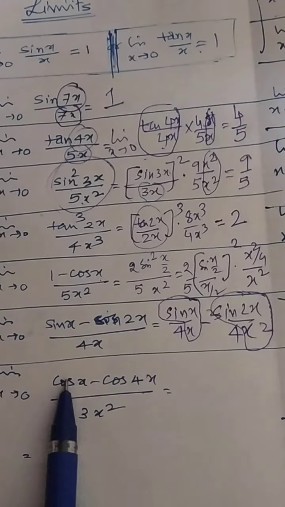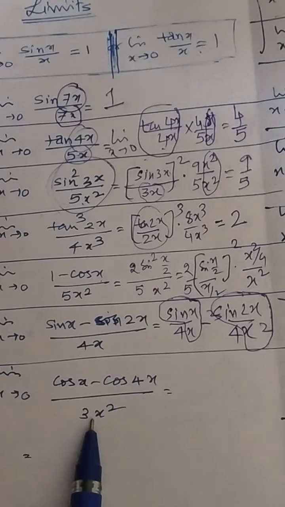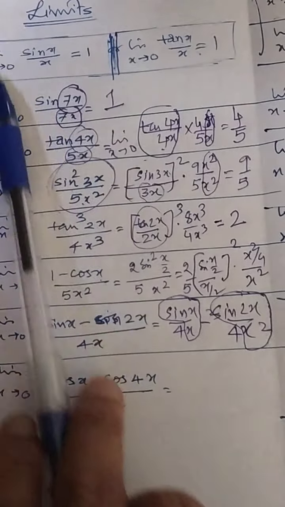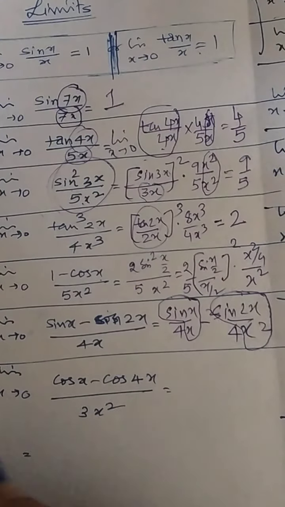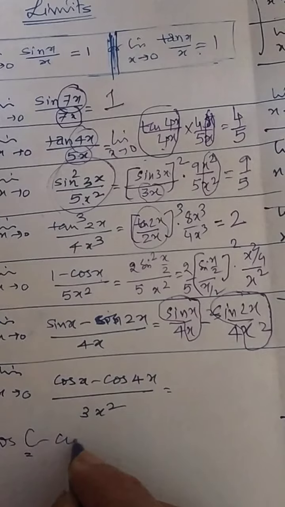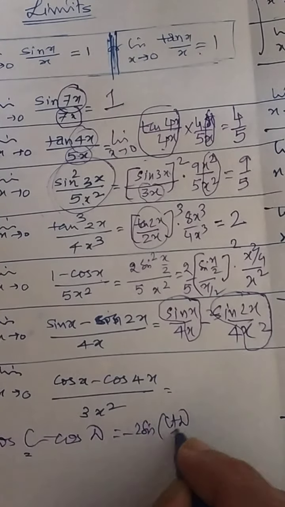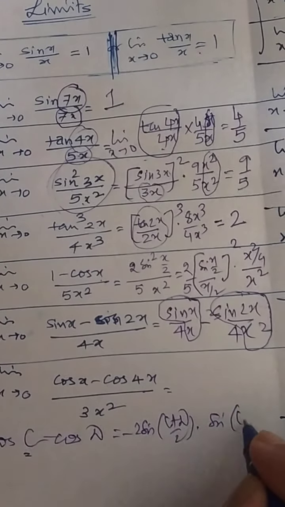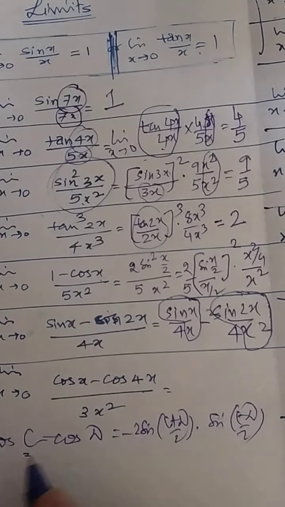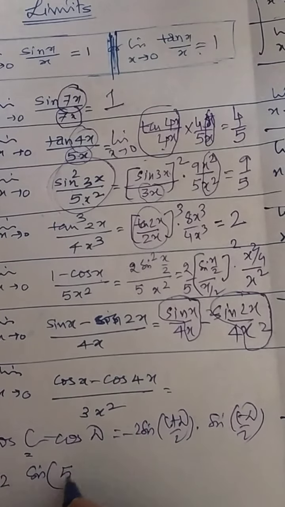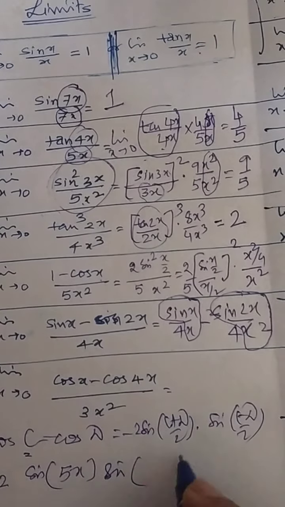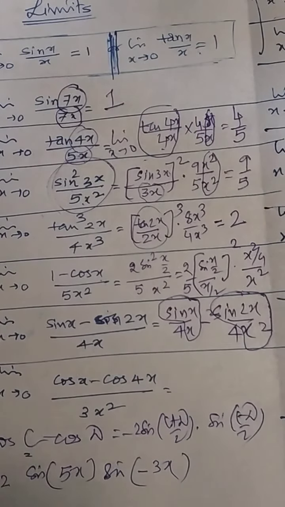Now in this question, you cannot separate this by this, the reason being you don't know the formula for cos along with this. So what is the better approach? You should know the cos c minus cos d formula. It will be nothing but 2 sin of (c plus d) by 2, and over here again sin of (c minus d) by 2. So if you apply this formula, you will be getting minus 2 sin, over here this addition will be 5x, then again sin, this subtraction will be nothing but minus 3x upon 3x square. So 3 over here x, over here x.